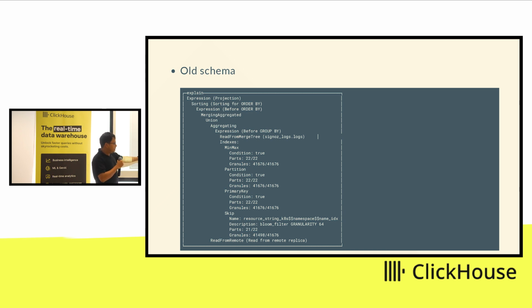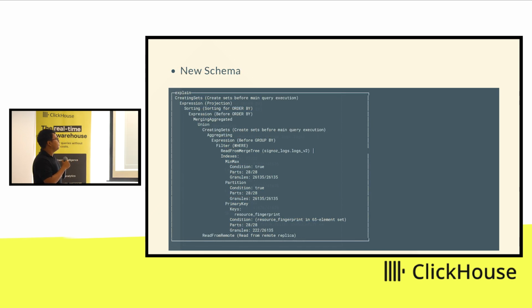Now here comes the skip index. It couldn't do anything because our data is spread across all the granules. So it just skipped 1 or 2 granules, but I think it was not successful. So let's go to the new schema. In this new schema, same till here, we cannot skip any granules because we were querying over the entire data. And here comes the resource fingerprint. You can see we came from 41,000 to almost 222. This is the magnitude of improvement in our query performance